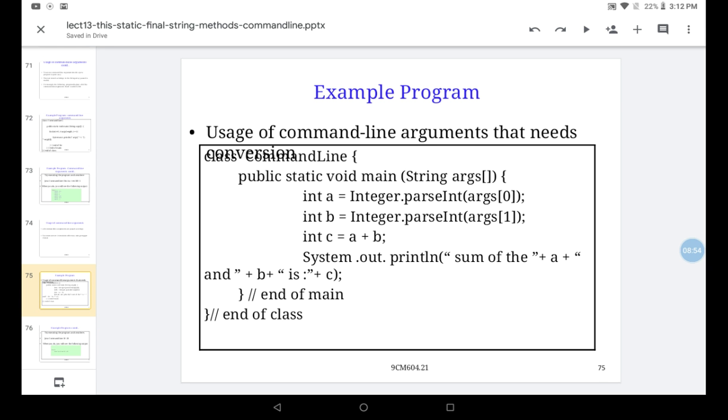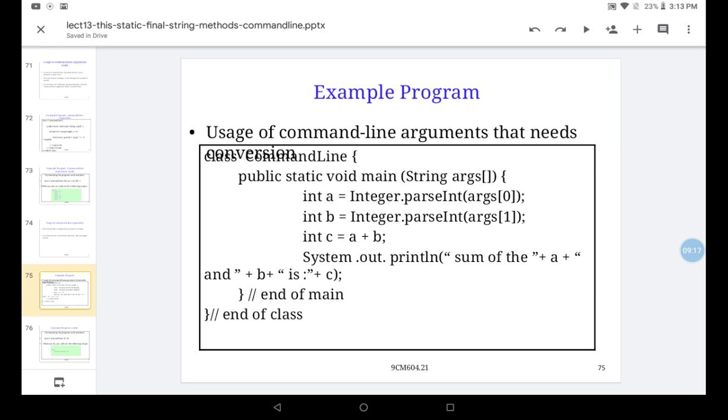So that is what we have written here, parseInt of arguments of 0, arguments of 1. That is how System.out.println of sum of A plus B is C. In the C variable, A plus B are stored.